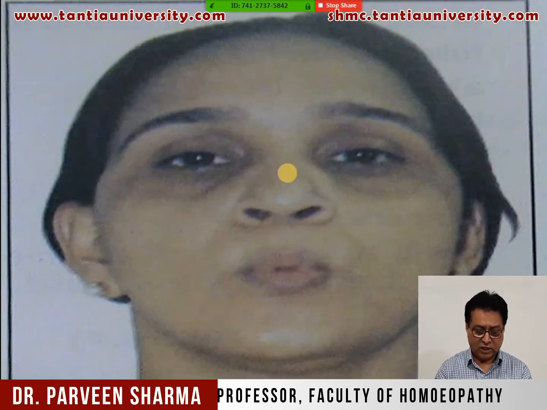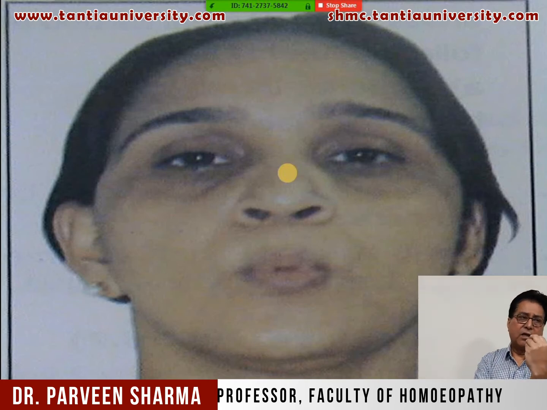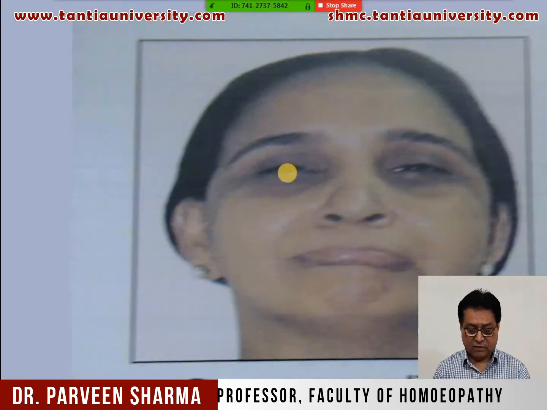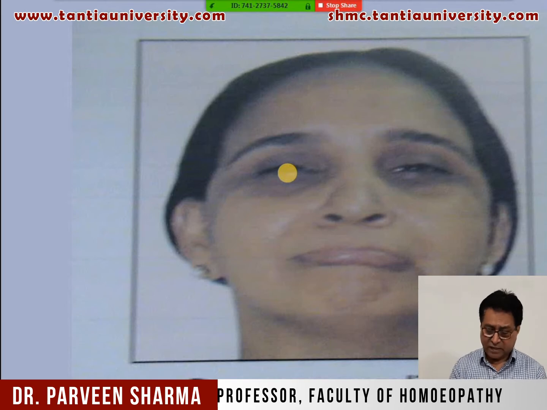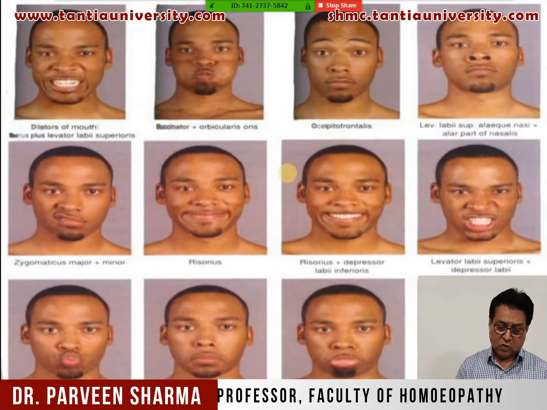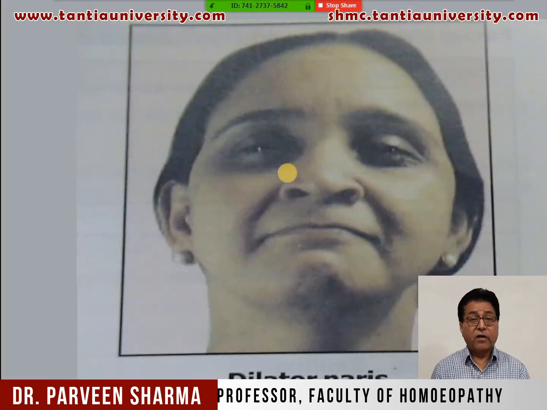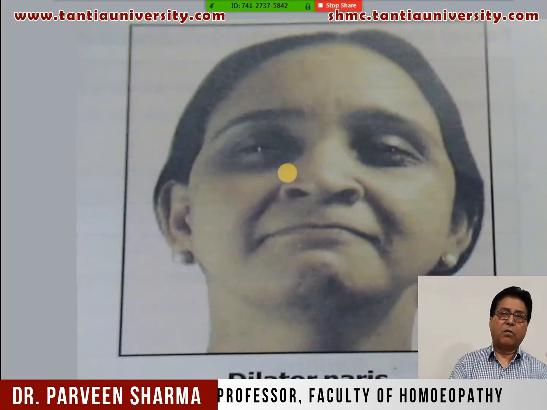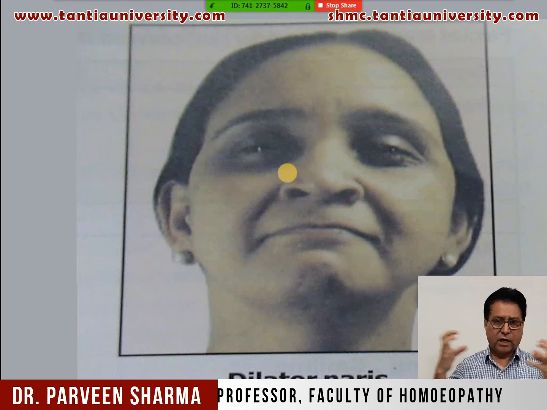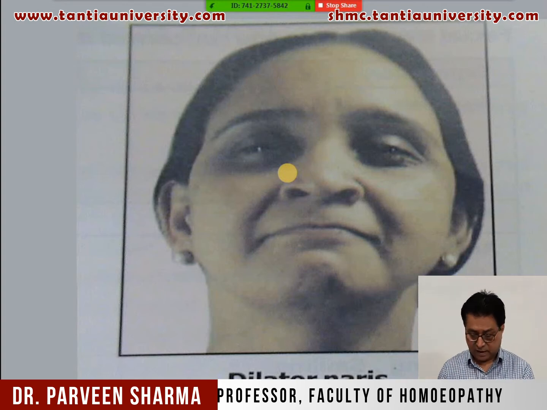So these are the various actions. When you are whistling, then the buccinator muscle. For whistling, your muscle is the buccinator. Then depressor anguli oris for your sadness. So these are the various expressions of your muscles. Then when you are too angry, your muscle works: dilator naris. And if you compare male and female, in females the dilator naris is more active when they are angry, fighting, so there will be dilatation of the nares. So this is the dilator naris.